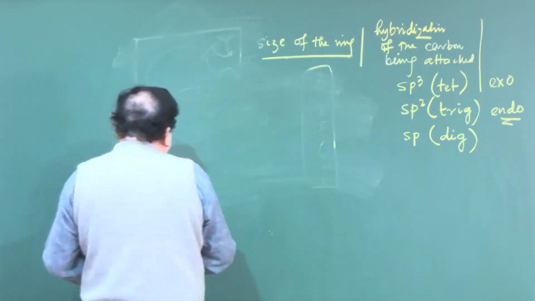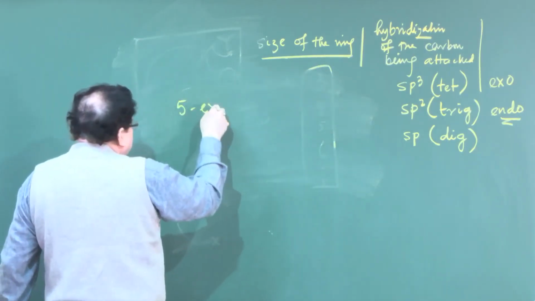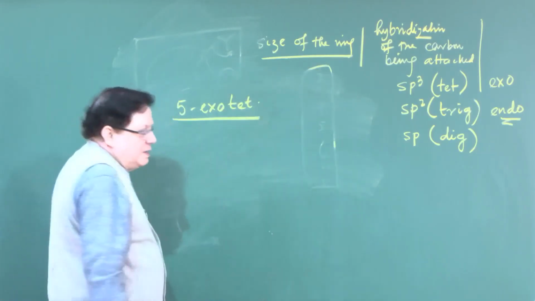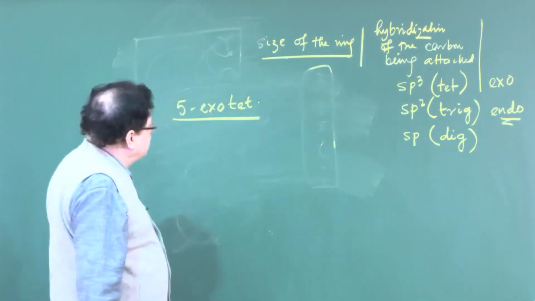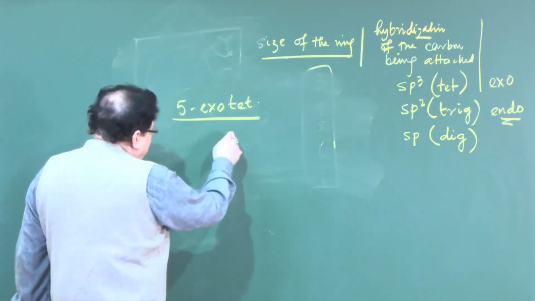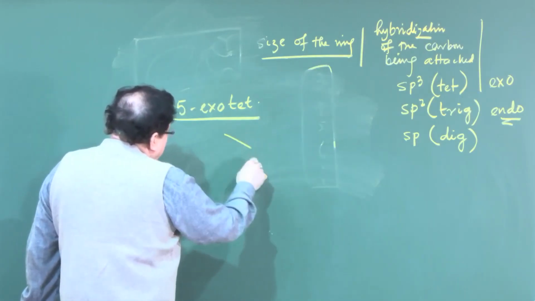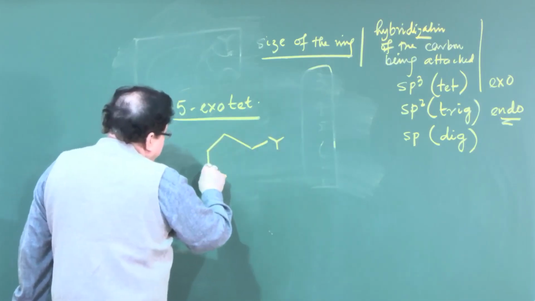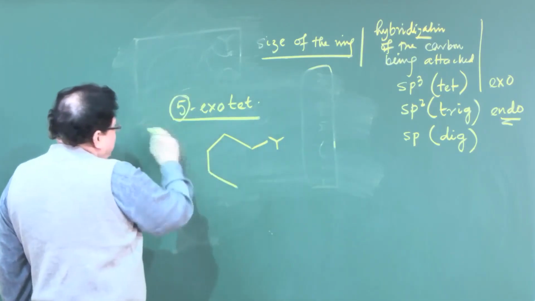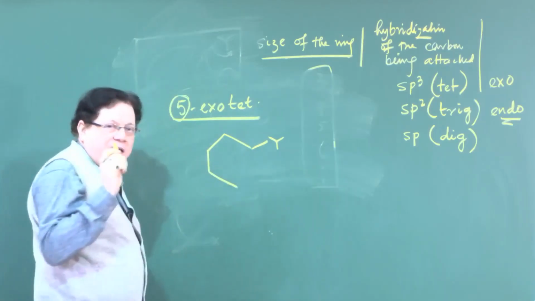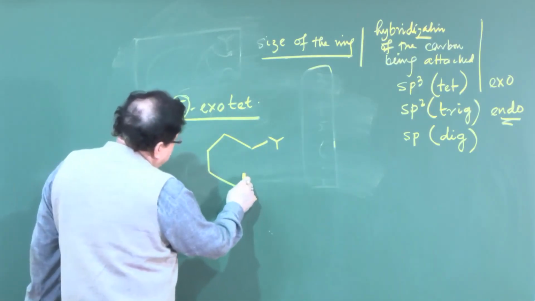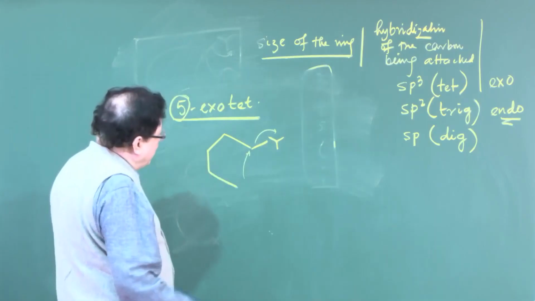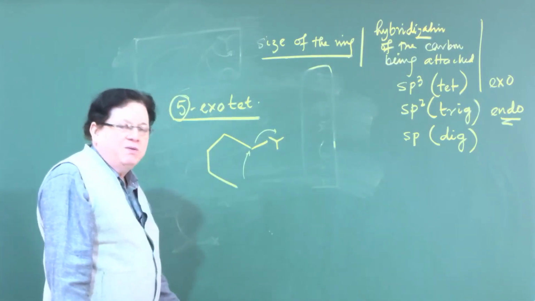That means, if I say 5-exo-tet, if I ask you to designate it 5-exo-tet in terms of structure, then this is basically 5-exo-tet. So suppose you have a Y and you are making a 5-membered ring, because this is 5, then you are having an attack in an exo fashion. That means whatever is attacking this carbon, the electron is flowing outside the ring that is being formed,